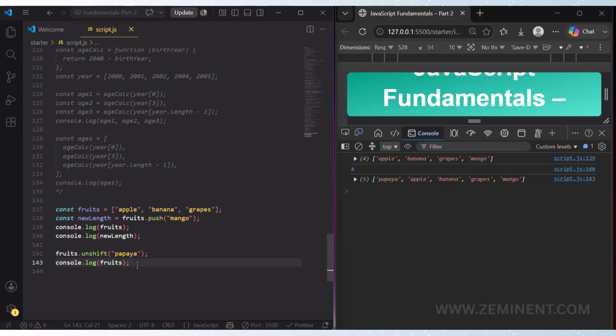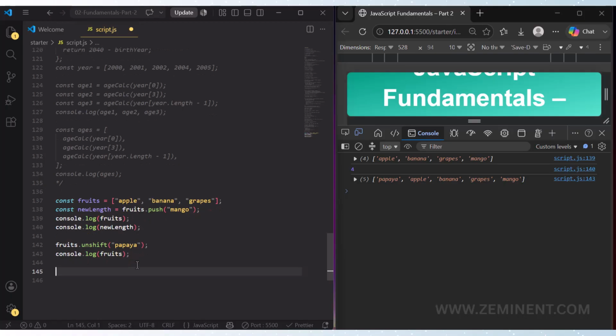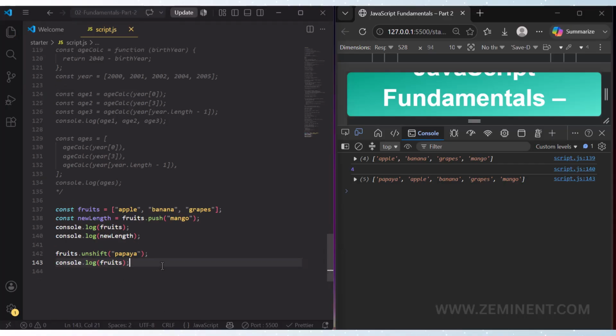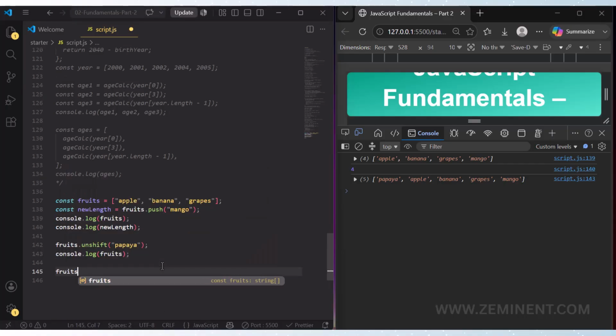And this one also returns a value, and if we want to store that in a new variable you can. And for removing elements from arrays, here we have a pop method. This is basically the opposite of the push method. It will remove the last element of an array. So let's write here fruits dot pop, and here we don't need to pass any argument because it doesn't need any information. It is removing, so we don't need to pass any argument.